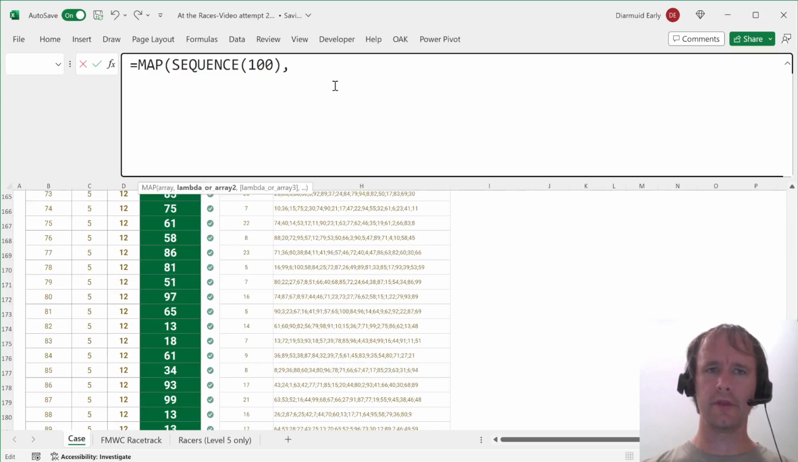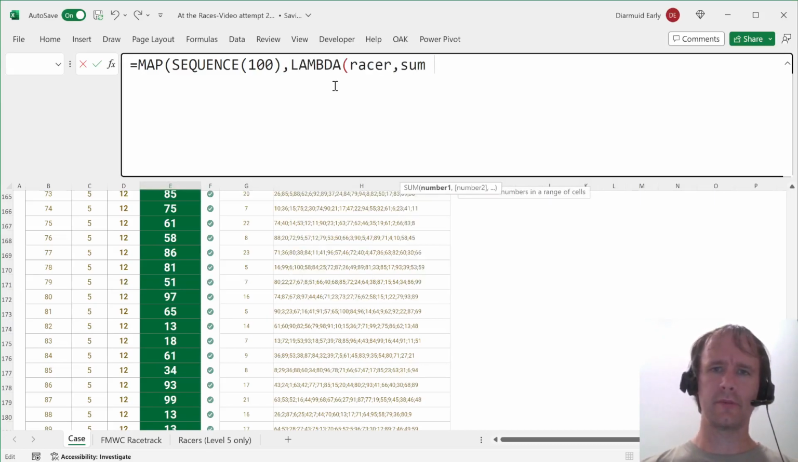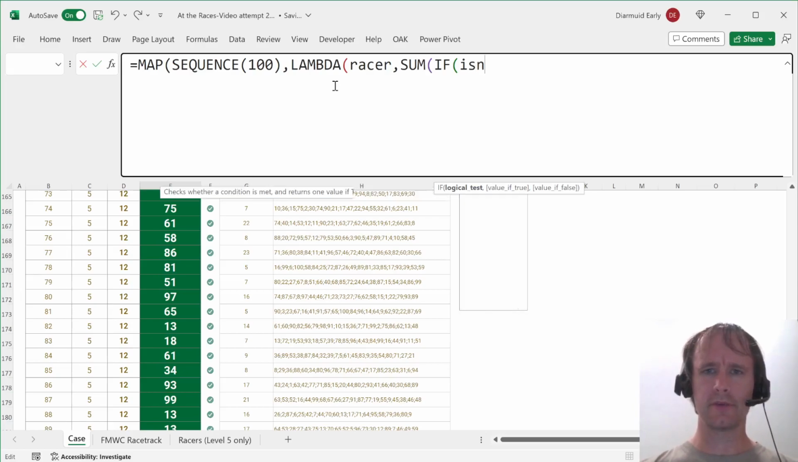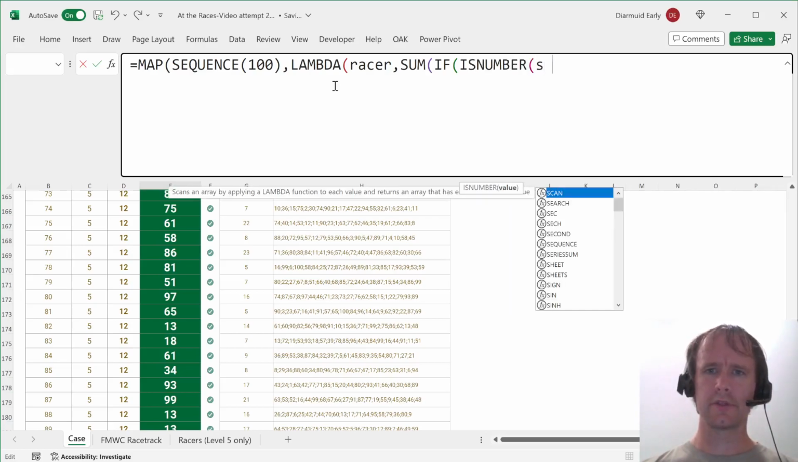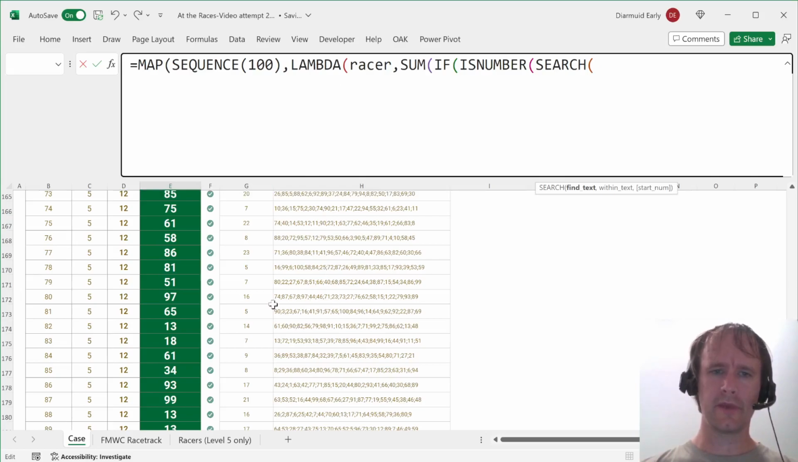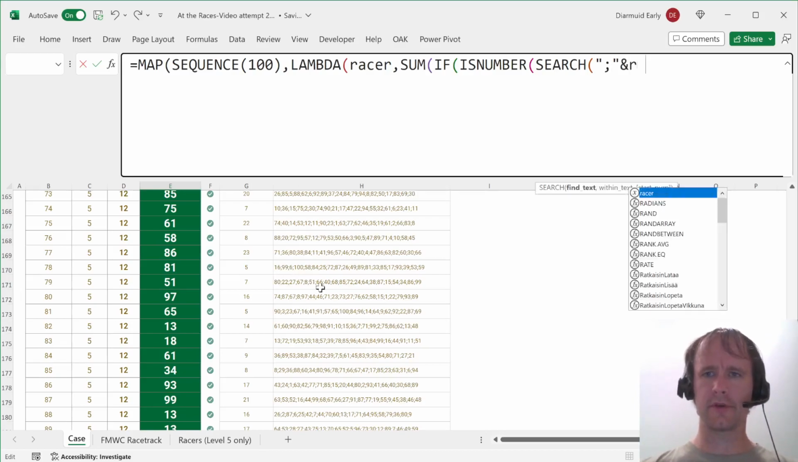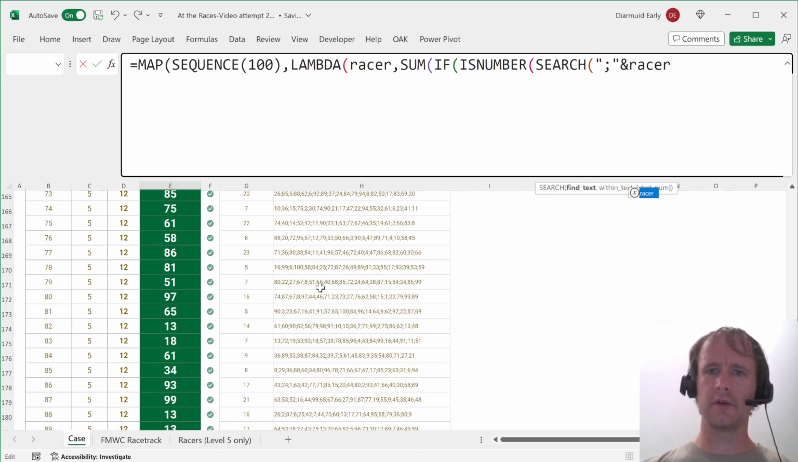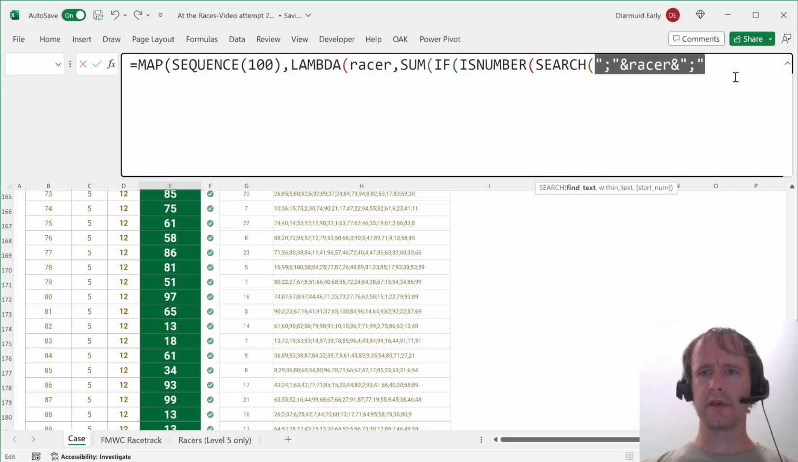And that is going to be LAMBDA racer. I'm going to make it SUM IF, what do I want to do? IF ISNUMBER SEARCH. Now, the important thing about numbers is that they're not prefix free. So if I search for 1 in here, it'll match on 16. So what I'm going to search on is this and racer, and this, because they're delimited by semicolons. So I'm going to search for that